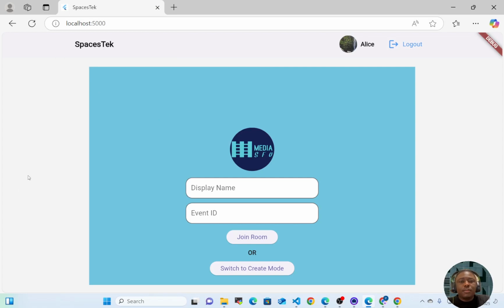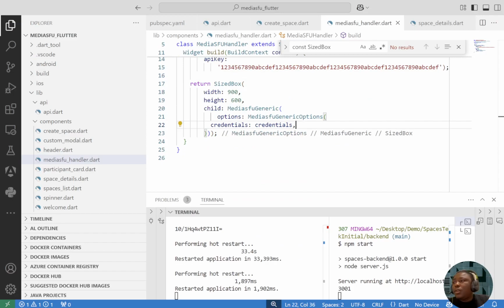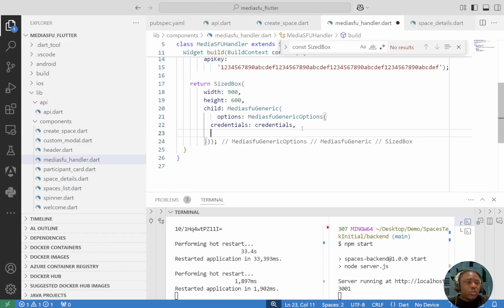And then back in my application, I will indicate where my local application is running just by providing a local link. So in the MediaSFU handler, here I'm going to have what I call a local link, and it's just going to go to HTTP localhost 3005. Now, once you indicate this, by default, MediaSFU has this thing called connect MediaSFU to be true, which